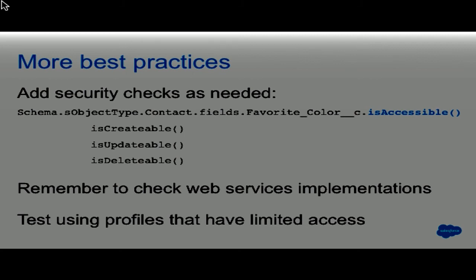So some more best practices. And this is what we saw the example of: add security checks as needed. There are actually 4 different methods on the schema object that are useful. We saw isAccessible. There's also isCreateable, isUpdateable, and isDeletable. By the way, I'm a little disappointed that someone at Salesforce didn't make this isReadable, because then we'd have our CRUD. We could get back to our CRUD acronym, because everyone loves to stand up at conferences and